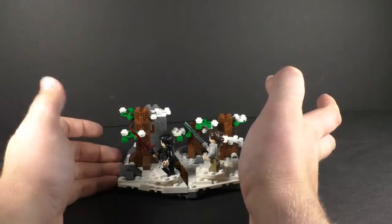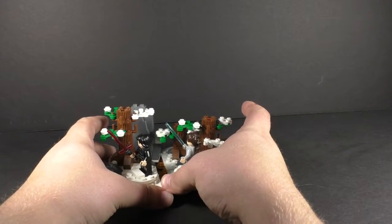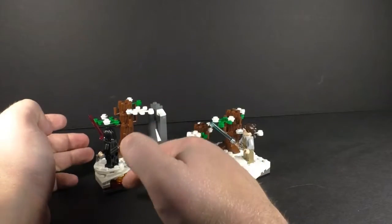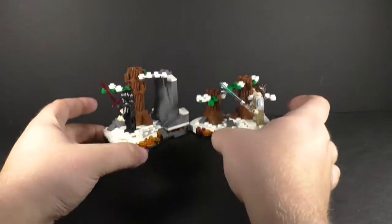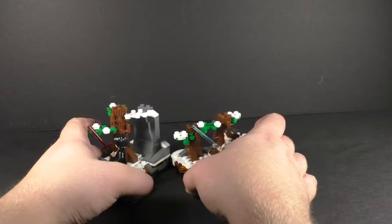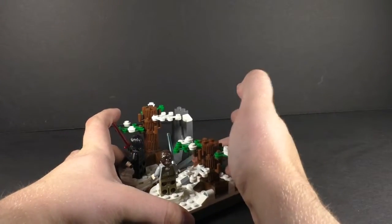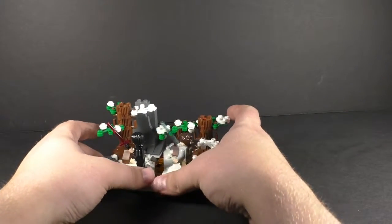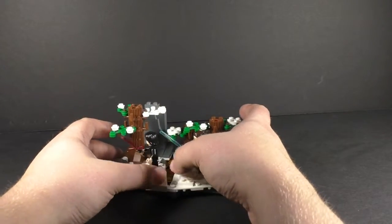But the other big play feature that you've kind of been seeing throughout this entire section is to represent the ground falling apart. You just have this hinged, and you have a whole bunch of red and orange and yellow pieces to represent flames up underneath. And that's my biggest issue with this set is there's no real latching mechanism right here to keep this together when you're playing with it. So if a kid's playing with it, they can easily split it apart like that